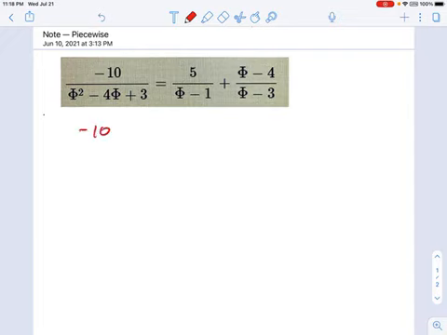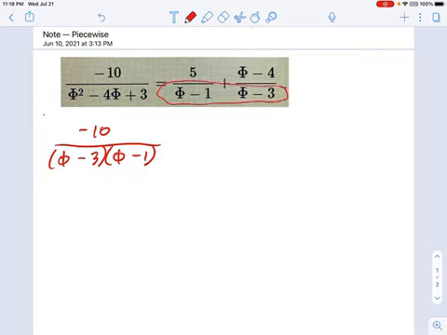And first step, remember what we always do in the first step, factor your equation. So I have phi, let's see, what's this going to be? Phi minus 3. I don't know why that one confused me for a second. Phi minus 3 and phi minus 1, especially considering the answers are right over here. That's embarrassing. If you get stuck with factoring, always check the other fractions, because there might be an answer sitting right there if you just look an inch to the right.